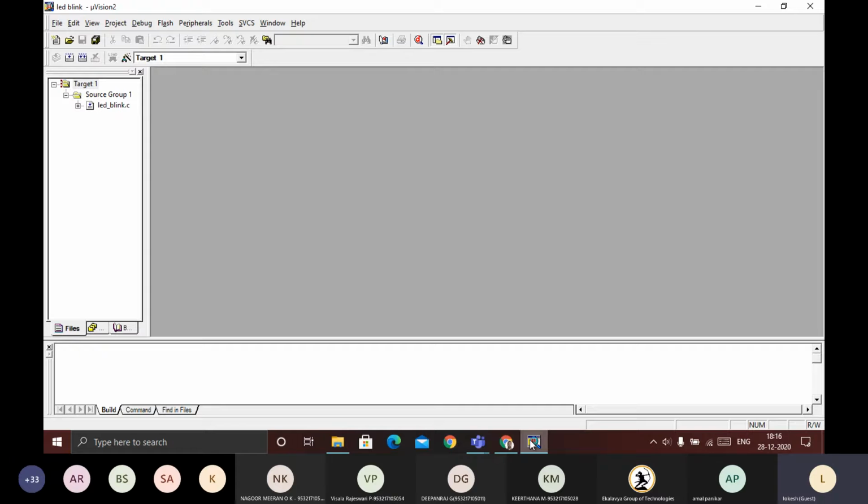You can say object file, hex file, all those things. That will be generated in this Keil. Next, after creating that hex file, we need to flash that hex file into the 8051 microcontroller.